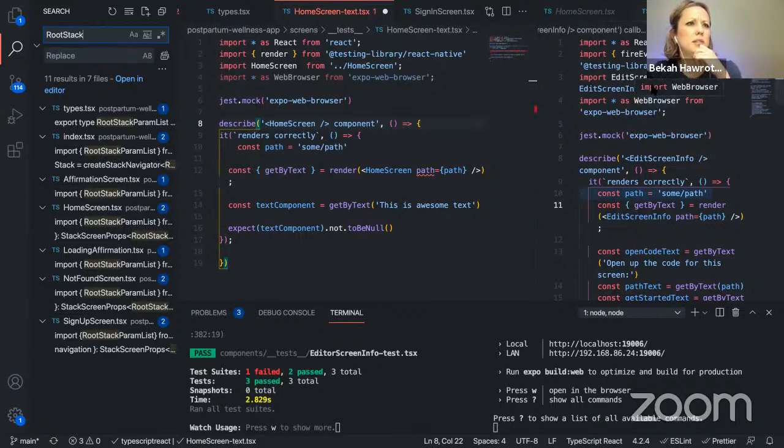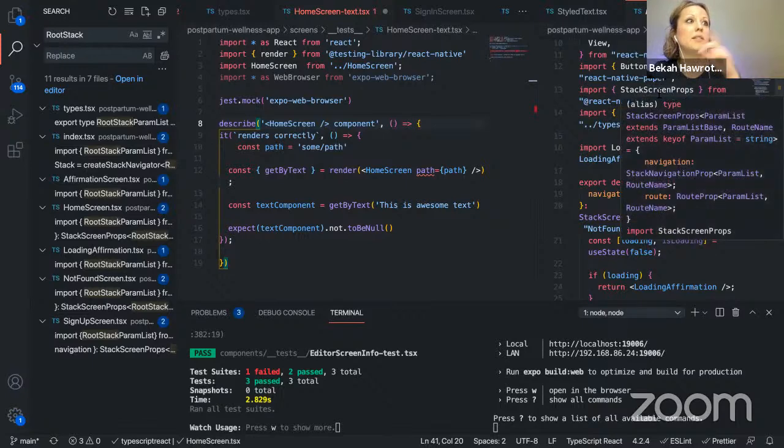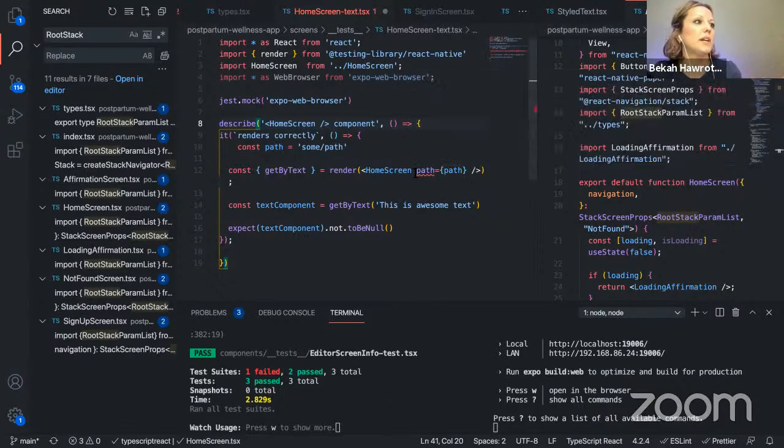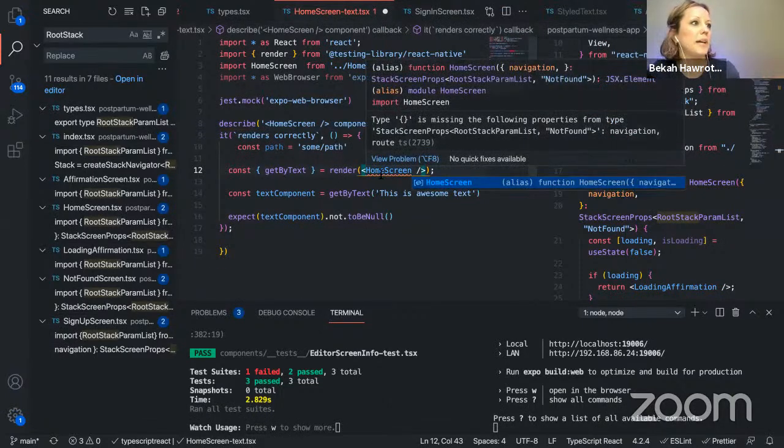Is it using it? Oh, I've got the wrong one open. Okay, so we have this being imported from types. And okay, so we're getting this error both times around. Maybe we don't need path here. Let's just cut that out for a second so we can go back to this error.